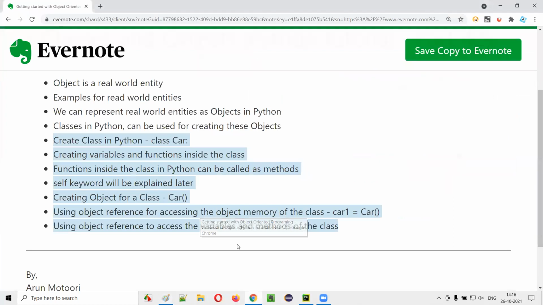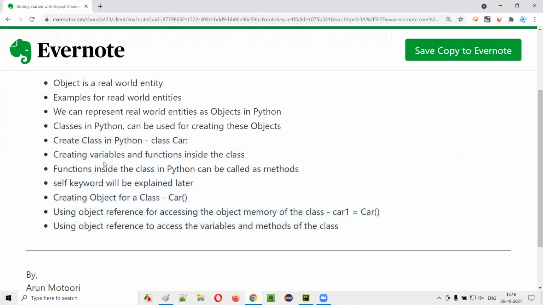So, just to understand the syntax of class and object in Python, I'll be demonstrating this stuff. Here I'm going to demonstrate this class. I'll create some sample class, and I'll try to create an object using that class. So car is a template, right? Using the template, I'll create an object. How to create an object, how to create the class in Python, all this stuff I am going to explain, guys.